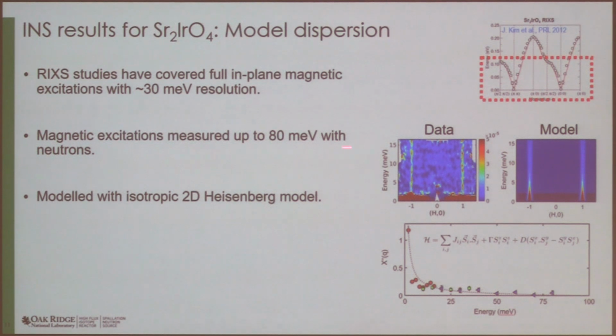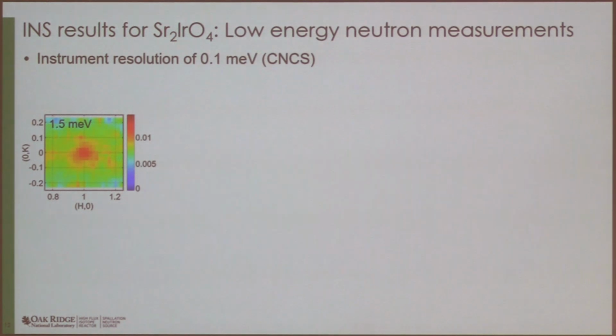So we measured up to about 80 MeV with neutron scattering. We were able to model this using this isotropic model, and we see very good agreement. These are intensities just taking cuts through the dispersion coming out of the zone center. Okay, so we wanted to look at the low energy